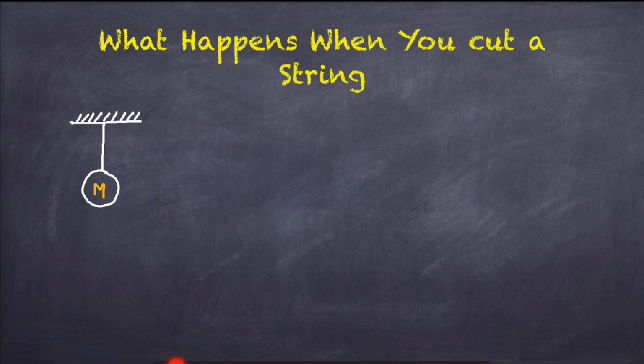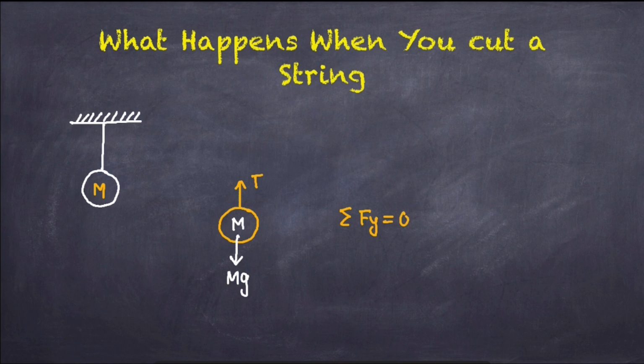Over here, if I draw the free body diagram of the mass m, what will I get? This is the mass m. The force mg will act downward, and the tension provided by the string will act upwards. Why is it acting upward? Because tension always acts away from the body. As the body is in equilibrium, I can write that the summation of net forces along the y-axis is equal to 0.